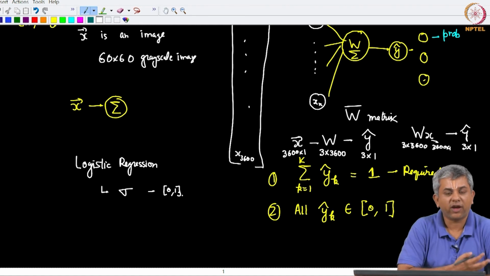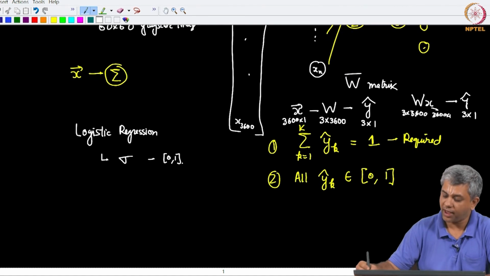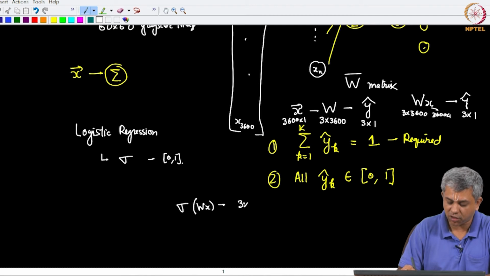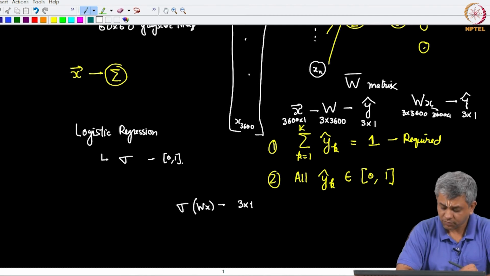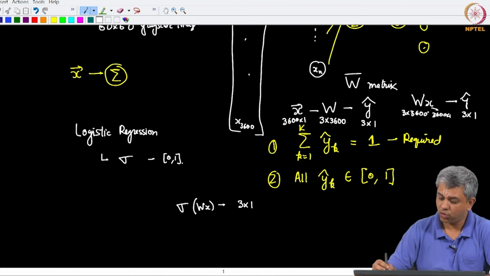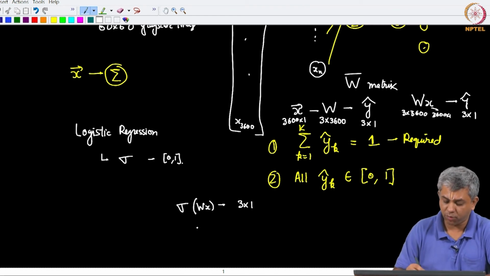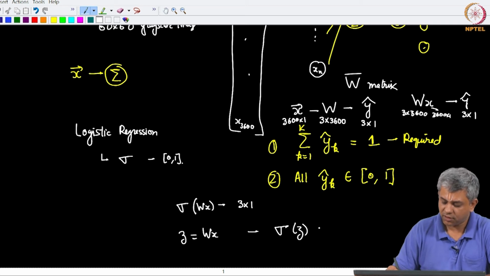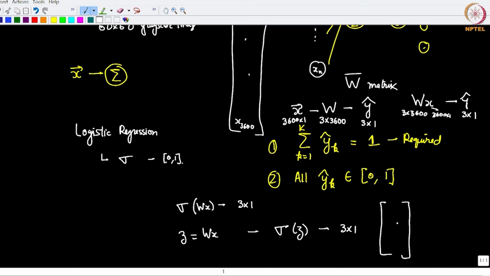Now, we could think why not do the same thing here. So, I have W x. If I apply sigmoid of W x, this will also give me a 3 cross 1 vector. Each of these numbers will be between 0 and 1. So, notice the operation I am doing, I find out z equal to W x, then I do sigmoid of z, this will also be a 3 cross 1 vector, each of these numbers will be between 0 and 1.